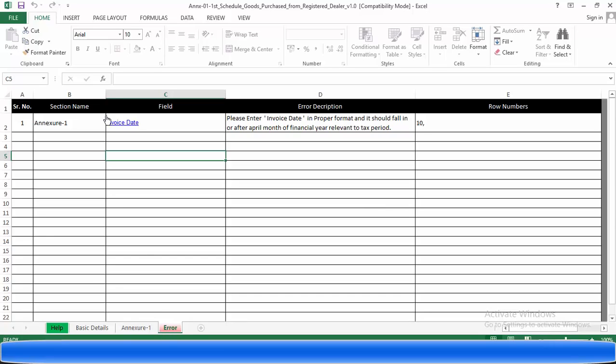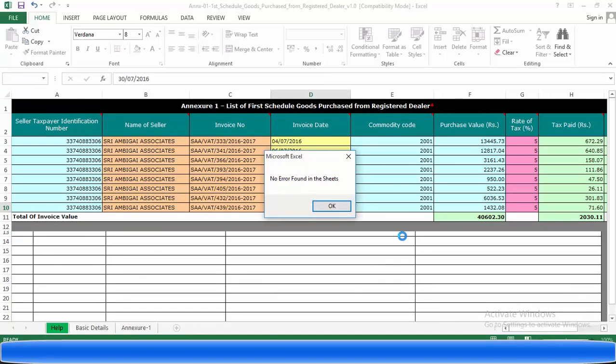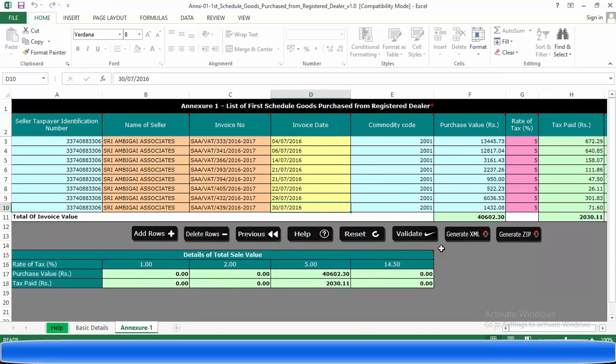What is the error? It will show you in the error section. It is the date error only. You have to correct it. Pick the blue one, and it will show which column has the error, so you can change it in that column only. After changing the error, I am clicking validate again. This shows no error found on this sheet.